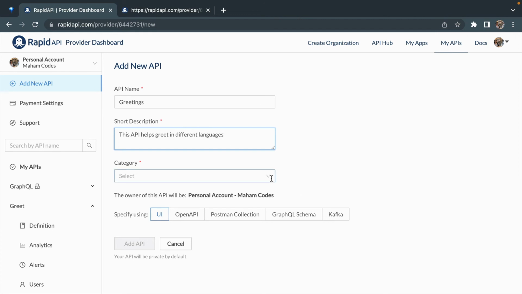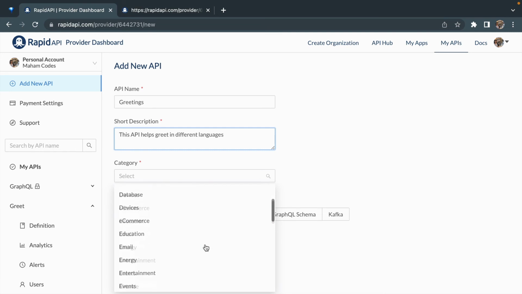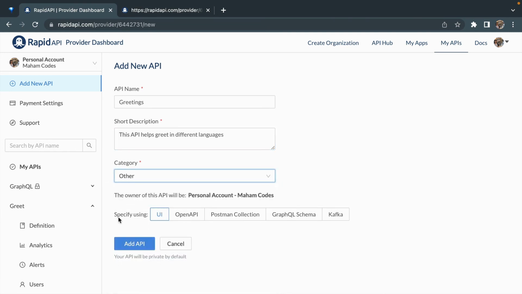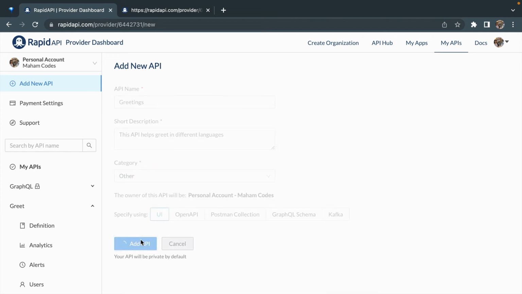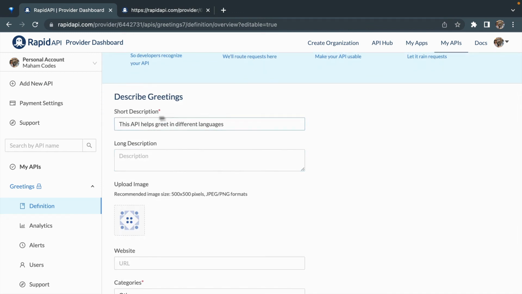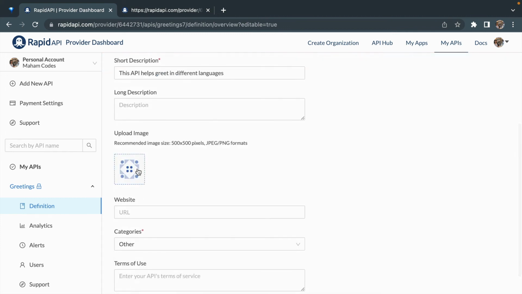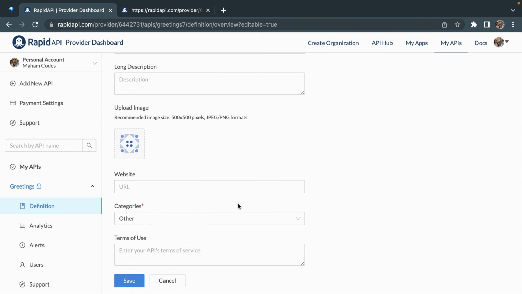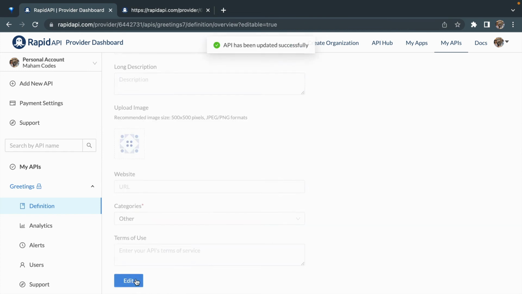Then I'm going to select a category to which my API belongs. At the moment, I'm just selecting the other category. Then I'm going to specify the API and click Add API, and my API will be added. After adding the API, I'll be directed to this Describe the API page. Here, I have to give a short description, long description. I can even upload an image of the API and fill in a few necessary details, click Save,